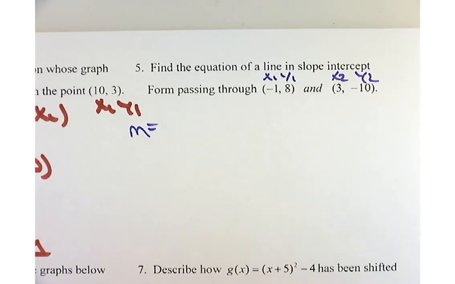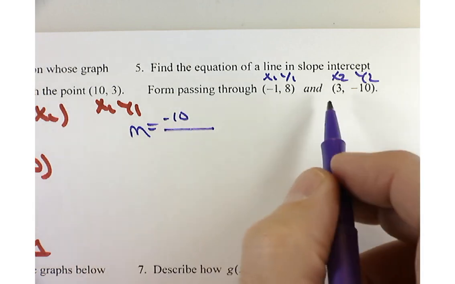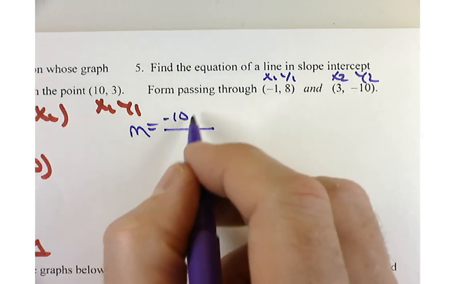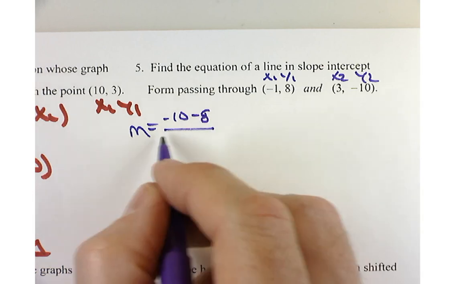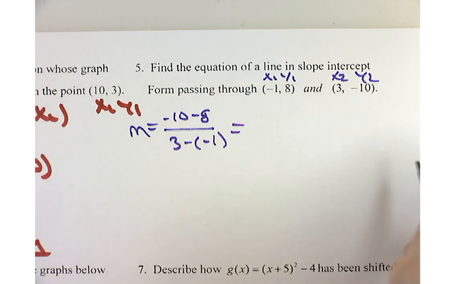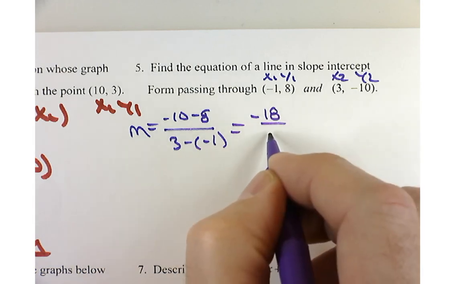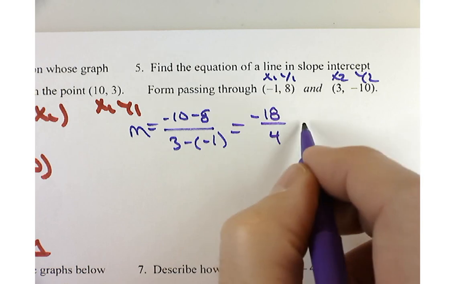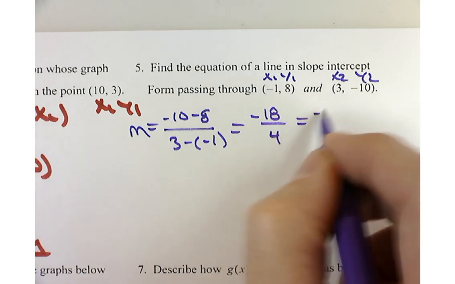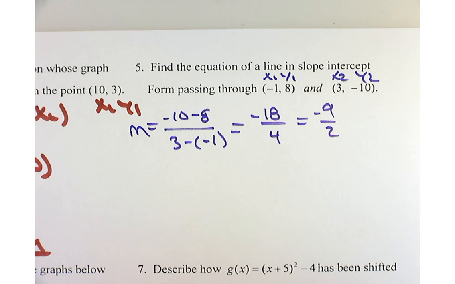I'll label these as x1, y1, x2, y2 to start with. You've got to be careful with the negatives here. It's negative 10 minus 8 over 3 minus negative 1. And it doesn't work out nice and even, does it? You get negative 18 over a positive 4. Since both of them are even, let me divide by 2 in the numerator and denominator and get a slope of